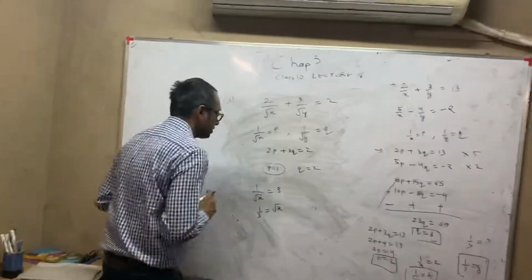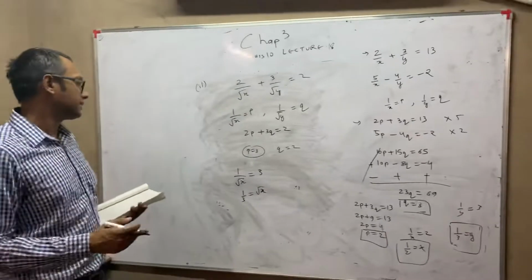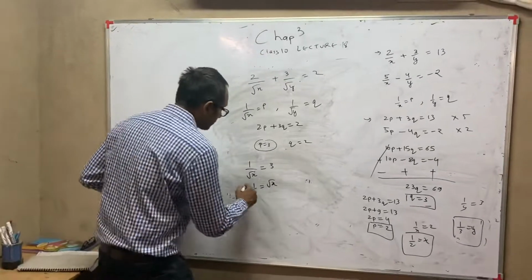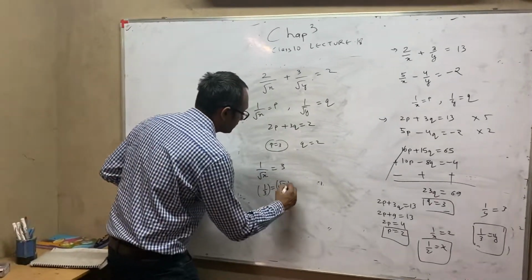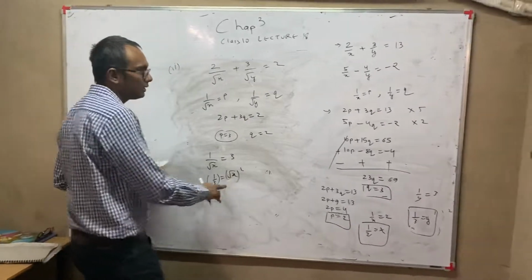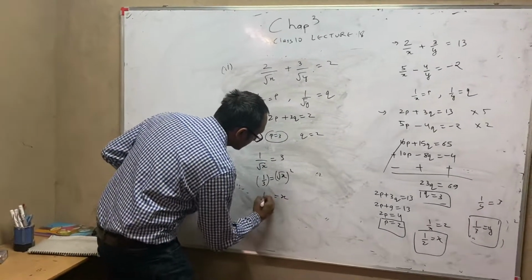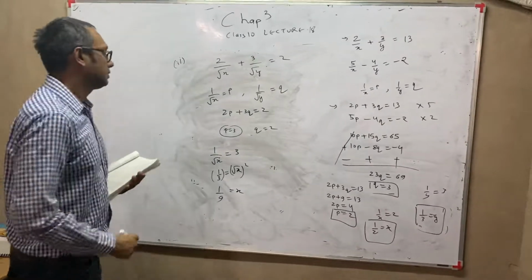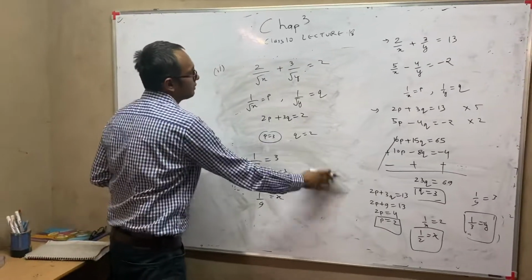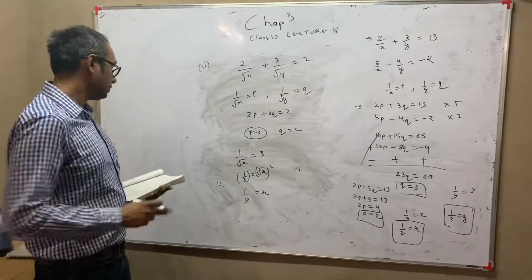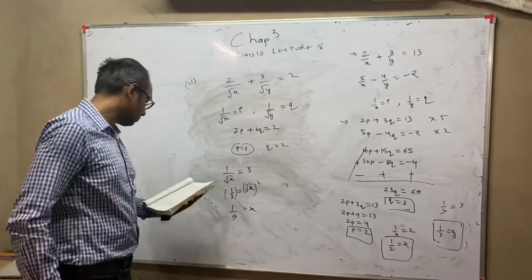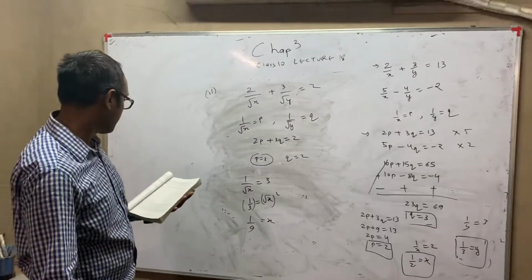Now in the question they have asked us to find the value of x, not root x. So one thing you can do is square both sides. When you square both sides, you know root multiplied by itself, the root is removed, so this becomes x and this will become 9. Similarly this step will have to be done here also for y. Only in this sum, because the roots are there, we have to do this step, otherwise this step is not required.